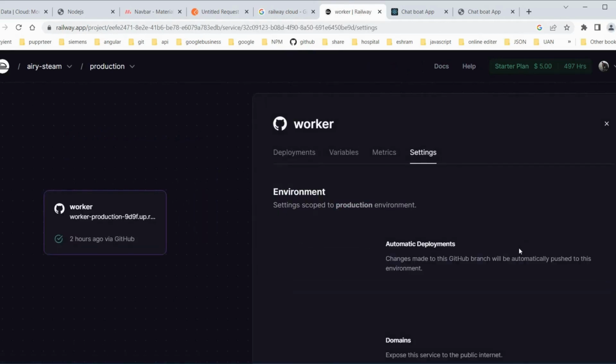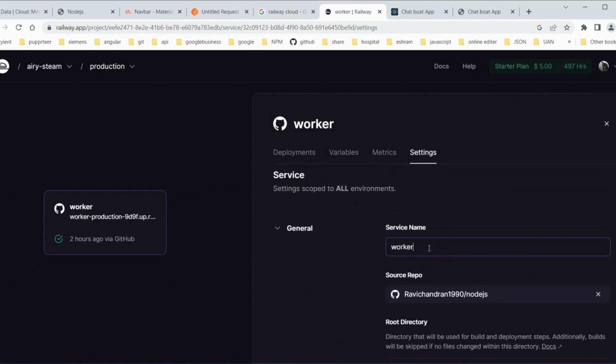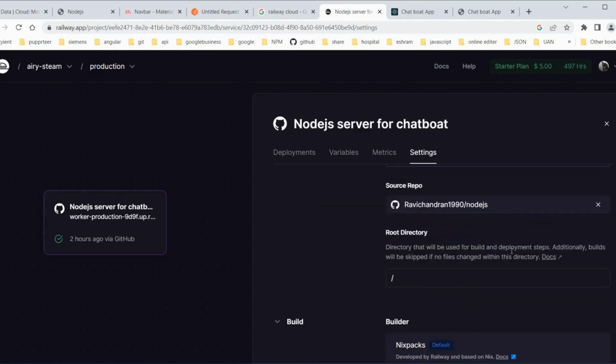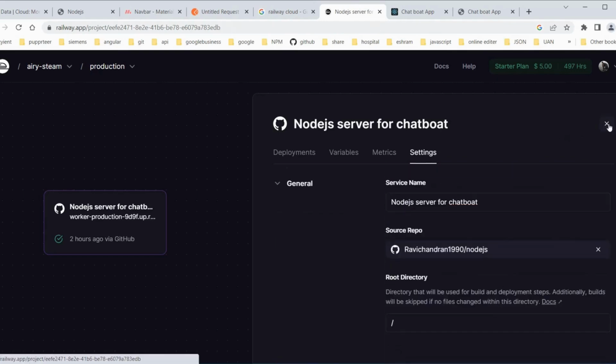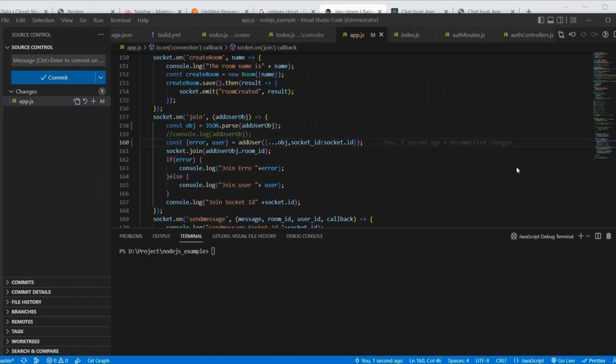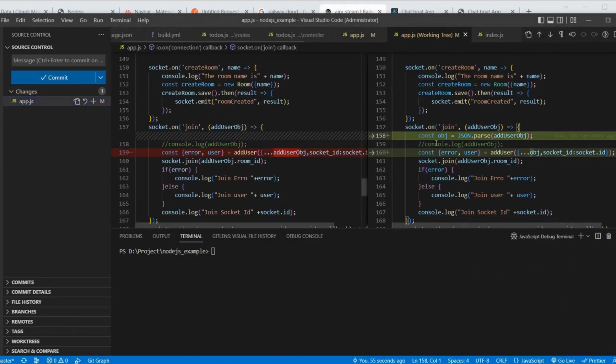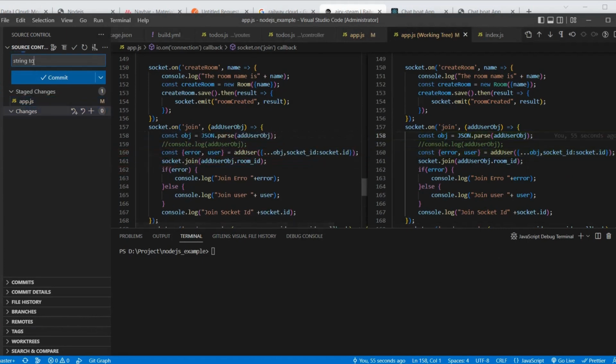Go to the settings and there is a worker, Node JS server or chatbot. I think, yeah, created. Then once you have to commit it, add JS, then string to parse